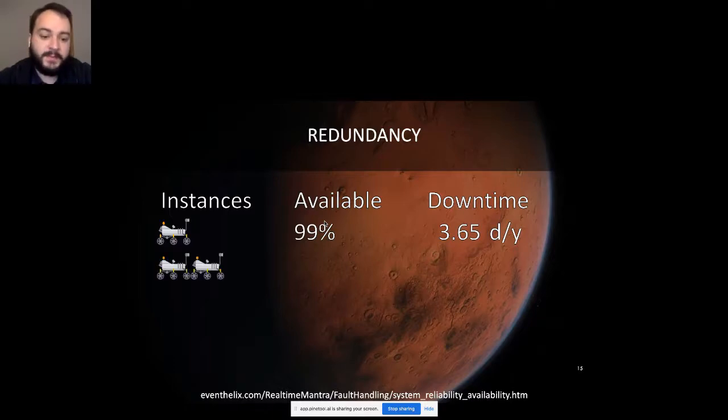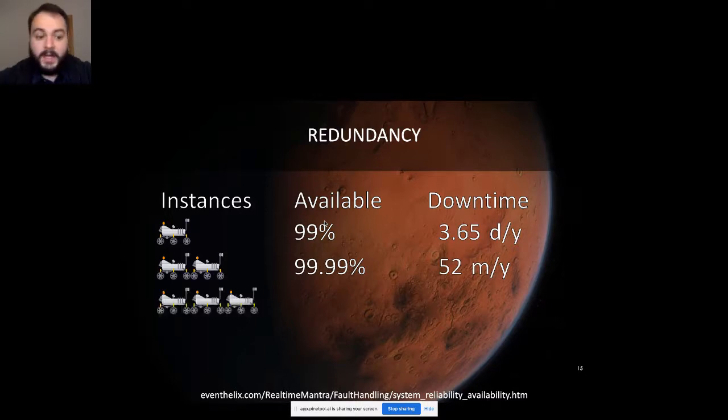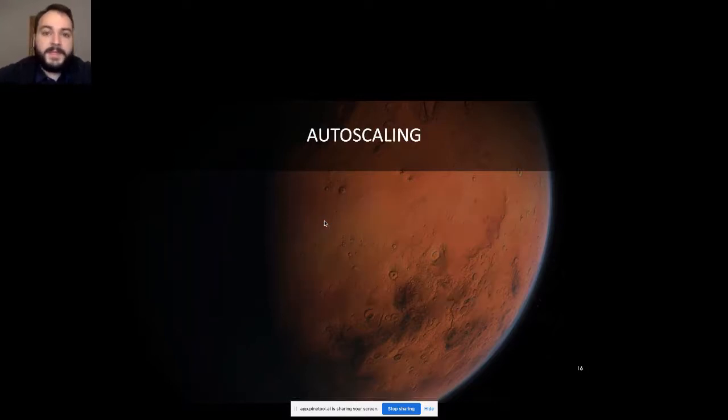If you just scale this application to 2 instances, it will increase your availability to 4 nines, and this will give you a downtime of only 52 minutes per year. And 3 instances will help you achieve the magic 6 nines, which is 31 seconds per year, which is a very, very good result. But this is the case for manual scaling.